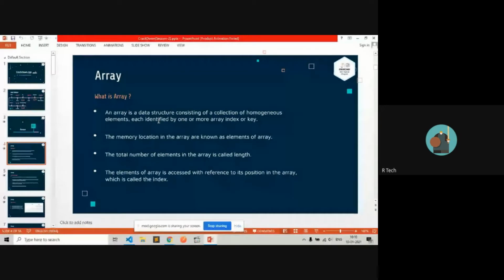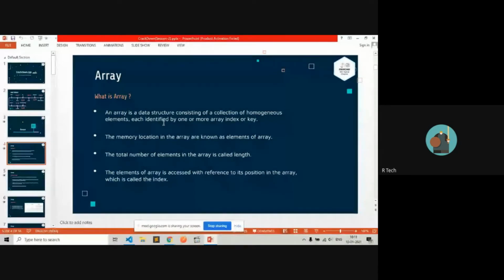You can check here, an array is a data structure consisting of a collection of homogeneous elements. Homogeneous means the same kind of elements. Each is identified by one or more array indexes or keys. So what is an index? An index is the position of a value in the variable, where you can find a specific value.